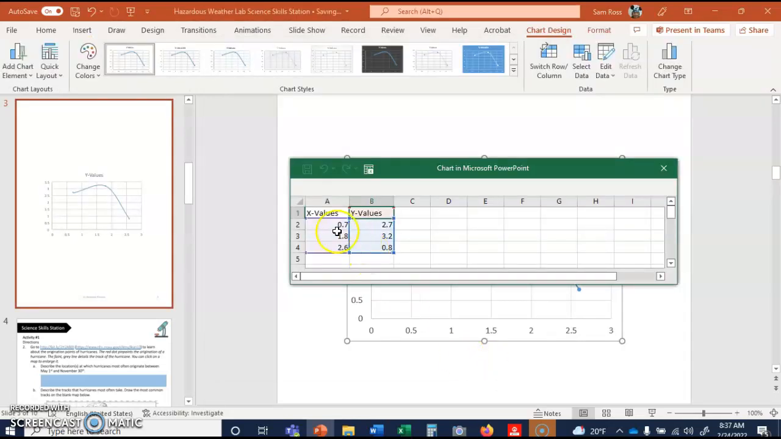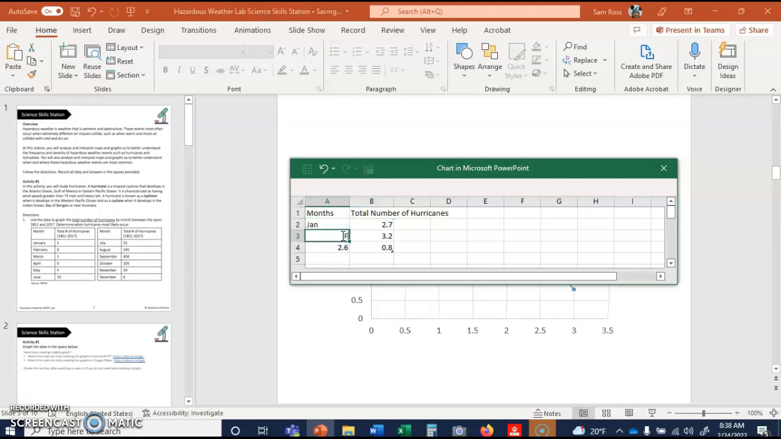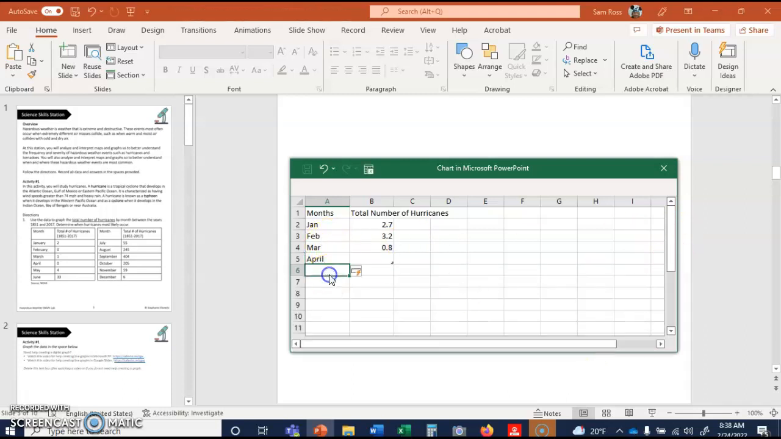So what we're going to do is our X values are our months. Okay, and then our Y values are going to be, let's see. I got to get to the data. Total number of hurricanes. So total, okay, here, there we go. Total number of hurricanes. Lovely. So this is going to be January, February, and you'll have to type this in. March, April. Can we make this bigger? Of course we can. May,